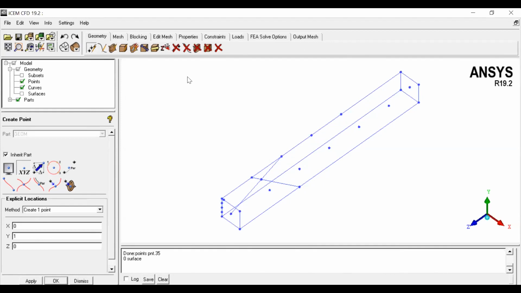Okay. Now we'll explore some commands in the line. Gambit and ICEM CFD are both similar in approach, but Gambit has some limitations that are overcome with ICEM CFD. Gambit is an older version, and ICEM is more user friendly for generating the computational mesh.